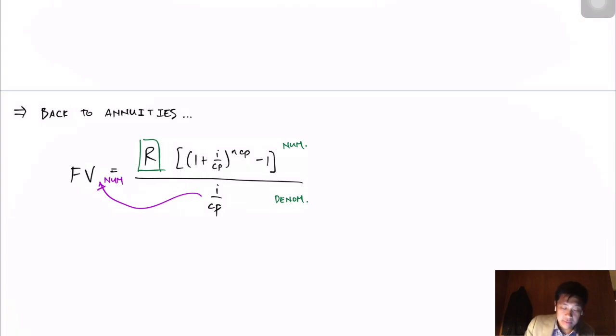Right, so then we have this new fraction that will have a numerator of not only the future value, but the future value times the previous denominator, which is the I over CP, or interest rate divided by the compounding period. And then this entire former numerator now goes in the bottom as the denominator. So I know there's a lot of arrows going here and it may look a little messy, but the point is that this implies that our new formula